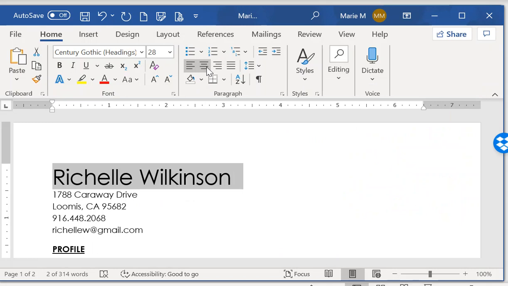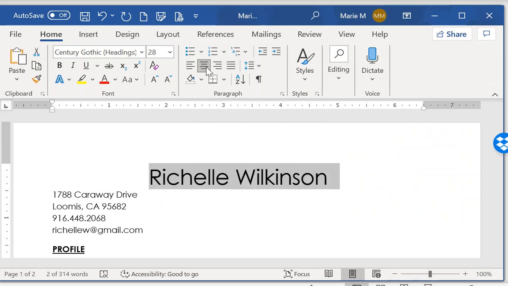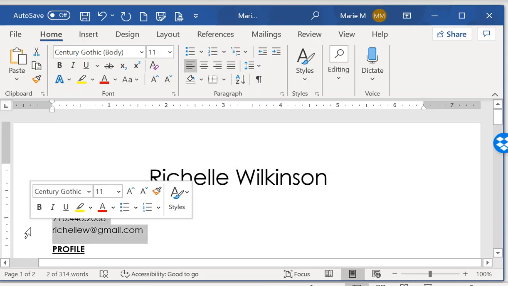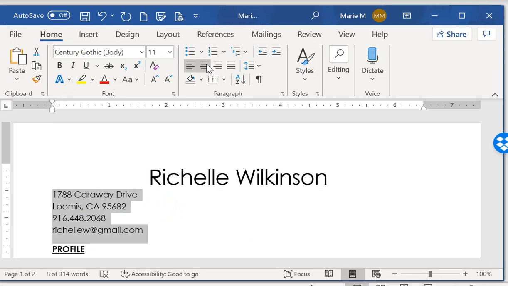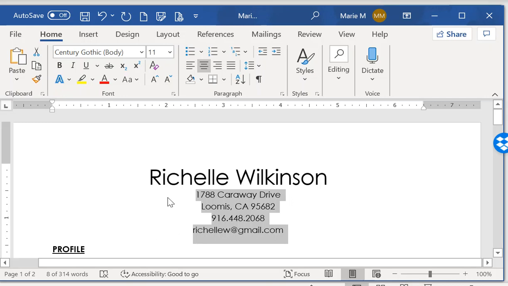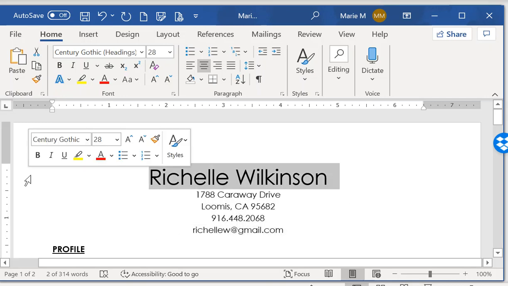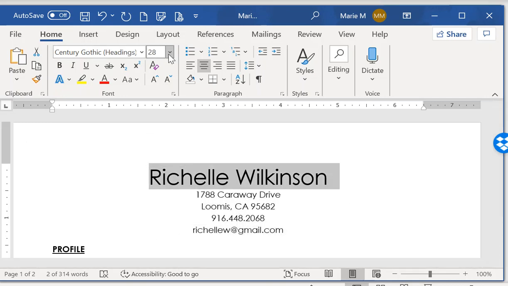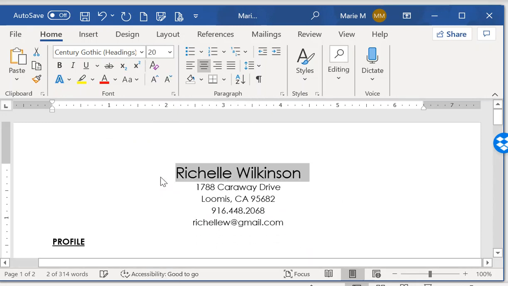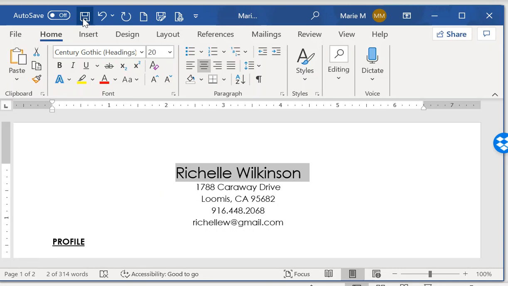And use the center button to center that text. We're also going to center the text of the address, phone number, and email address by clicking Center. Oh, I forgot to change Rochelle Wilkinson to 20 point instead of 28. You can either use the drop down or type in 20. I'm going to save what I have